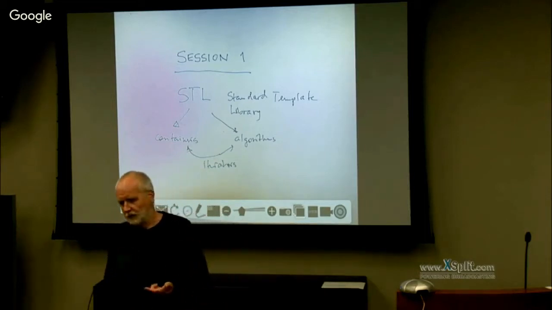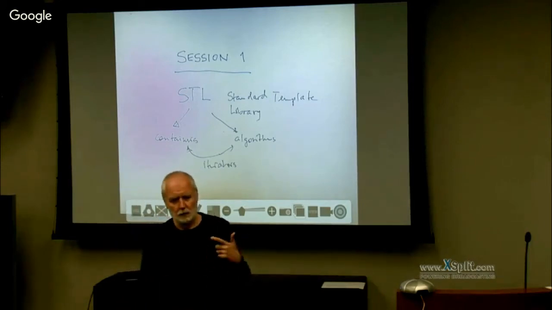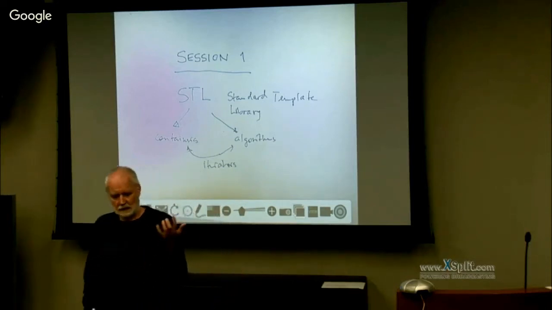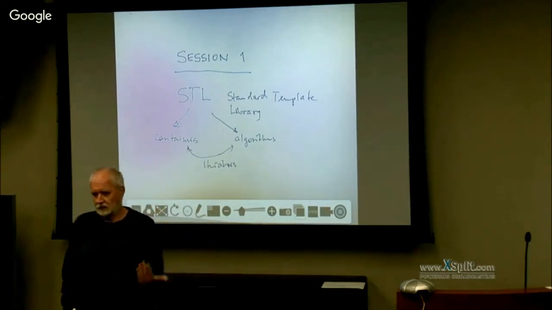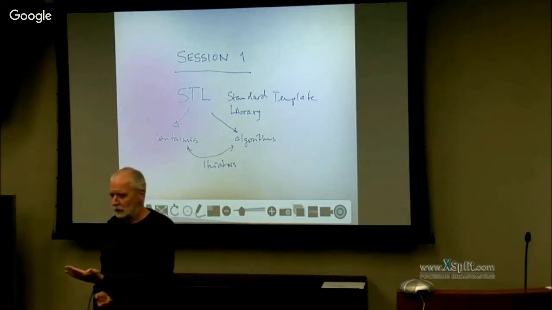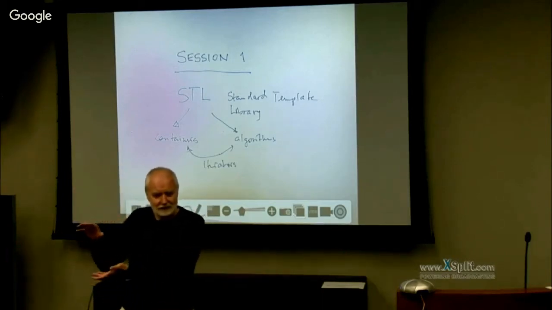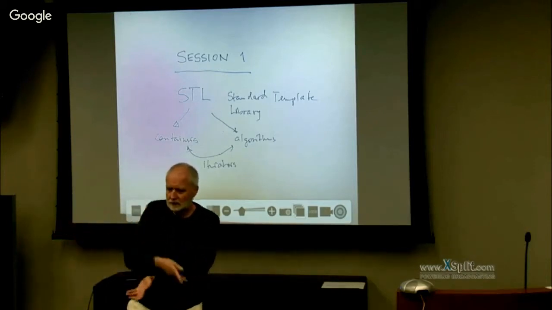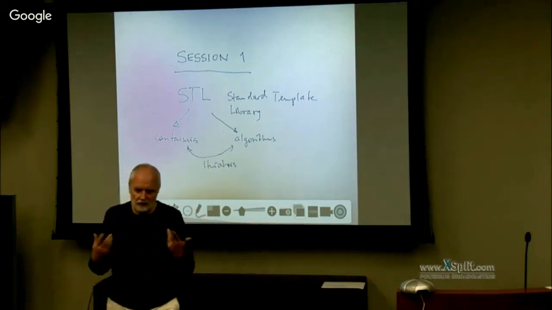But the book he wrote, Programs equals Data Structures plus Algorithms, is more up to date than you would think, because that is really all what programming is about. Programming means finding the appropriate data structure to store your data in, which models the reality in the context of your code, and writing 3 for loops around it and doing some stuff. So in a broader sense, for loops as algorithms, doing something with the data, right? Traversing the data, replacing things, looking at it, finding things, and so on.